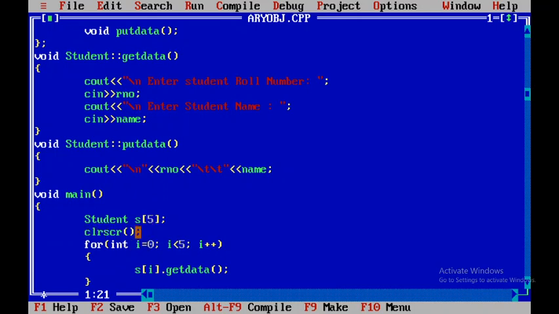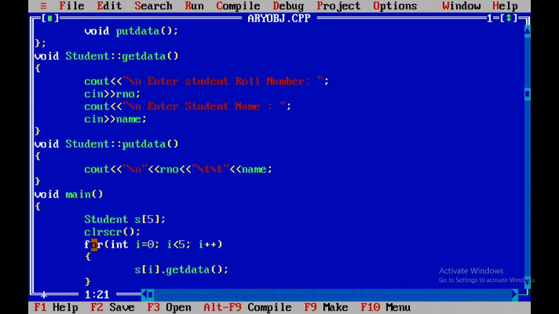After that, there is screen clear, CLR. As the array size is 5, in the for loop we are using the limit as 5. An array of 5 objects means our actual elements will be S[0], S[1], S[2], S[3] and S[4]. An array always starts with index 0, so the elements will be from 0 to 4. So S[0] to S[4] will be the objects of the student array of objects.